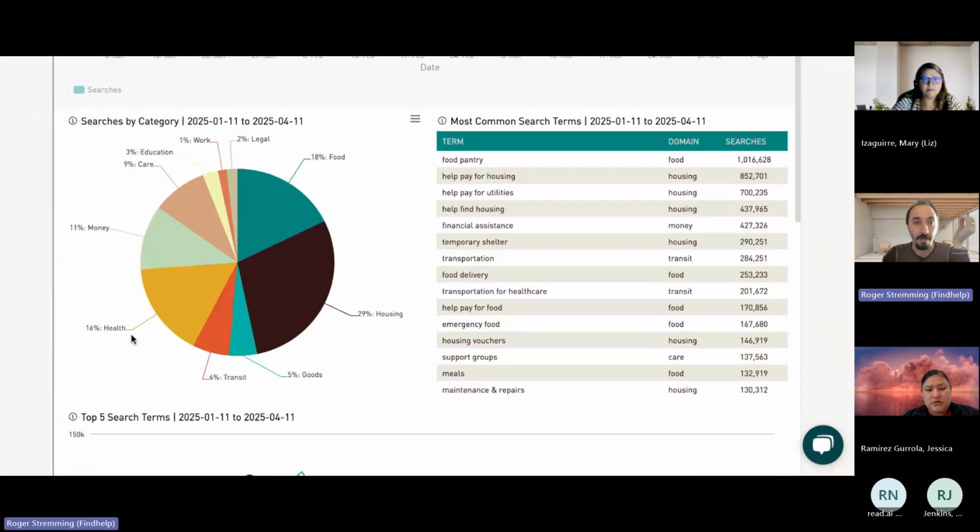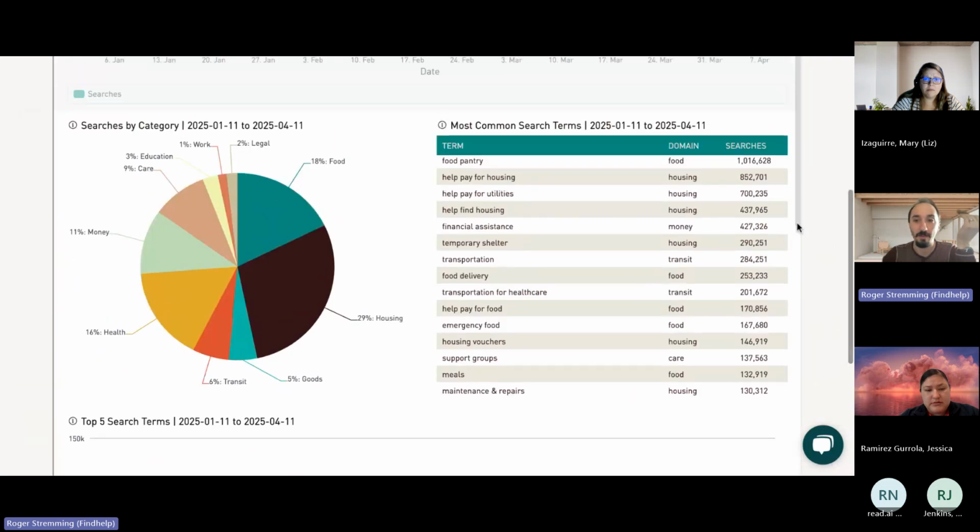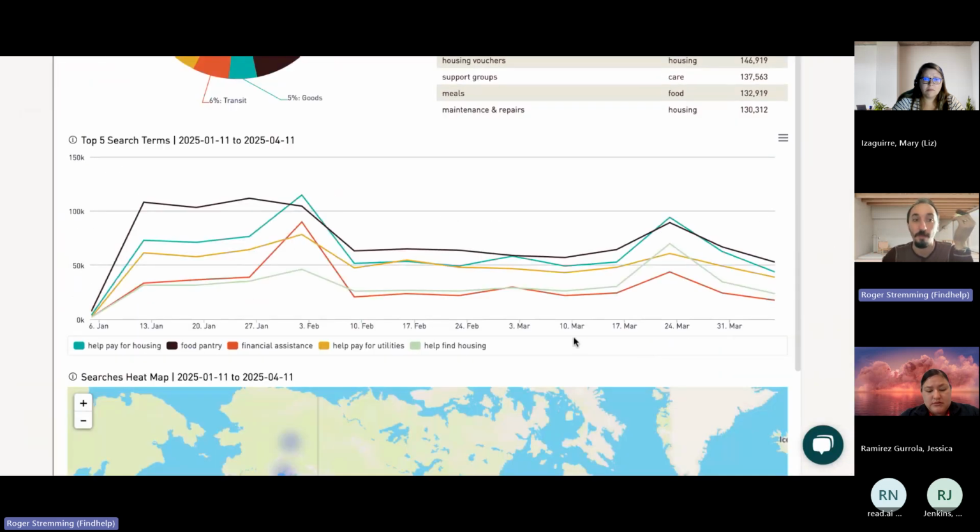I can see things like the search category, what term was being searched for in that search. I can see things like trends across time. This is always a really interesting one for me because if you use this, you'll notice certain seasonal trends, right? So things like housing and food pantries and those types of assistance are going to be year-round, but you'll see